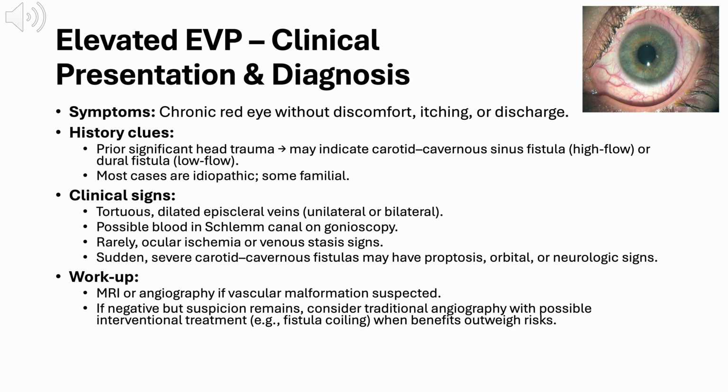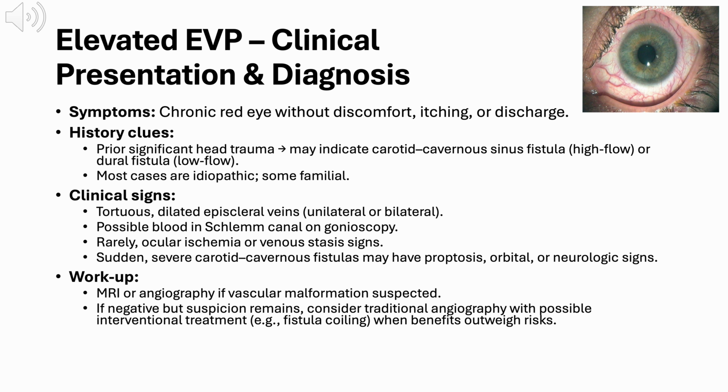approach diagnosis. Patients often describe a chronic red eye, but notably without discomfort, itching, or discharge. A careful history is important. Prior significant head trauma could suggest a carotid cavernous sinus fistula if high flow, or a dural fistula if low flow. While most cases are idiopathic, some may run in families. On exam, we might see tortuous, dilated episcleral veins that can be unilateral or bilateral, and in some cases, blood